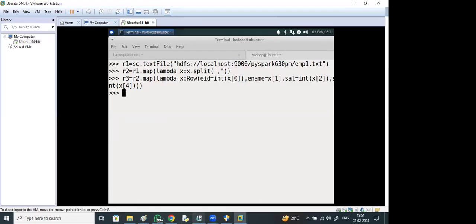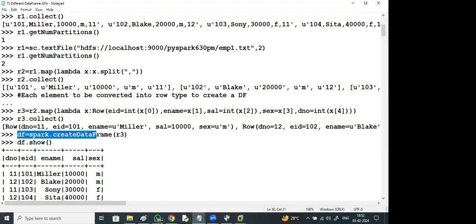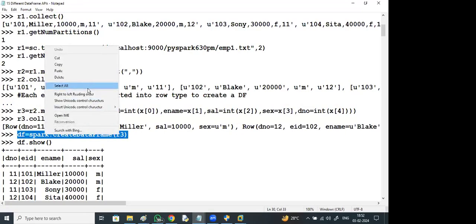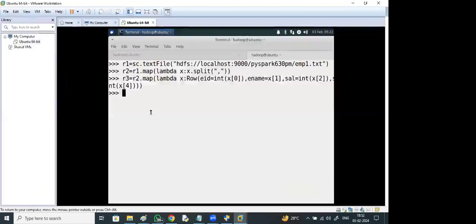Next, finally creating a data frame: spark dot createDataFrame, right?